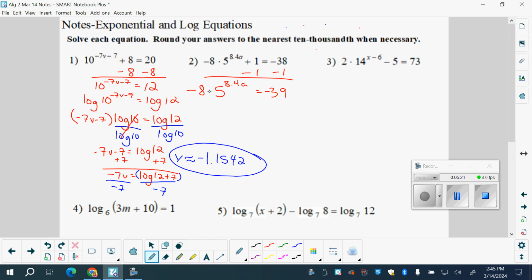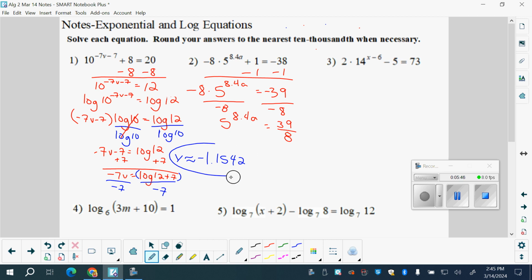Divide both sides by negative 8. The common mistake that students have is they want to add an 8 there. This is multiplication, so we are dividing by negative 8. Does that make sense? So we get 5 to the 8.4a equals 39 over 8. And then we